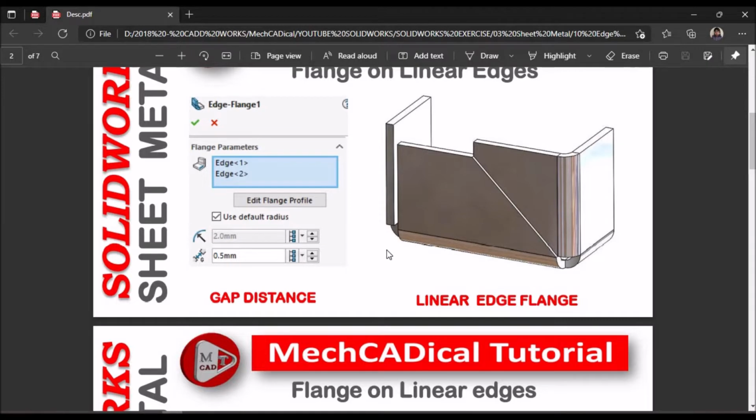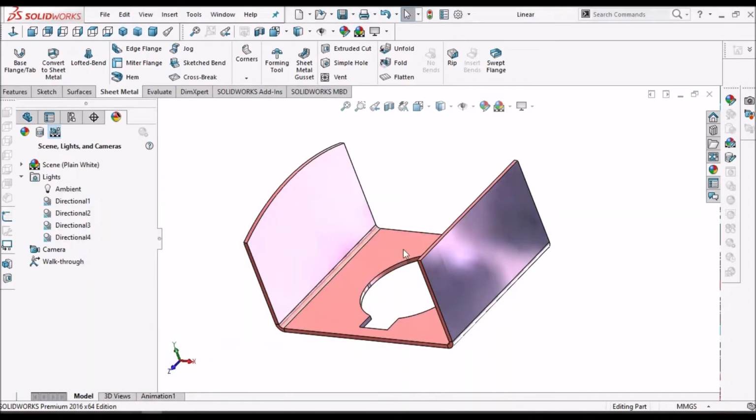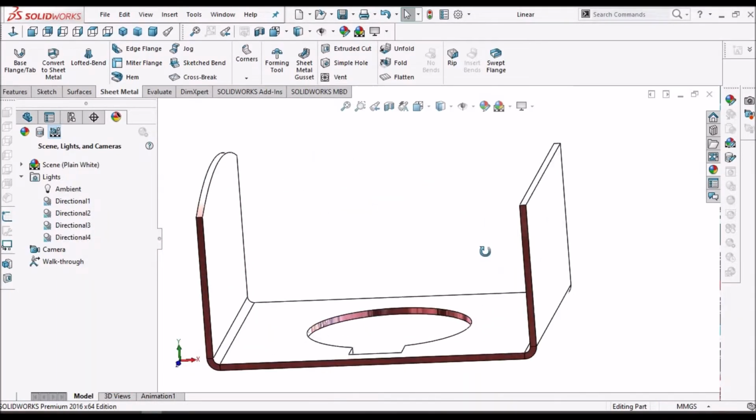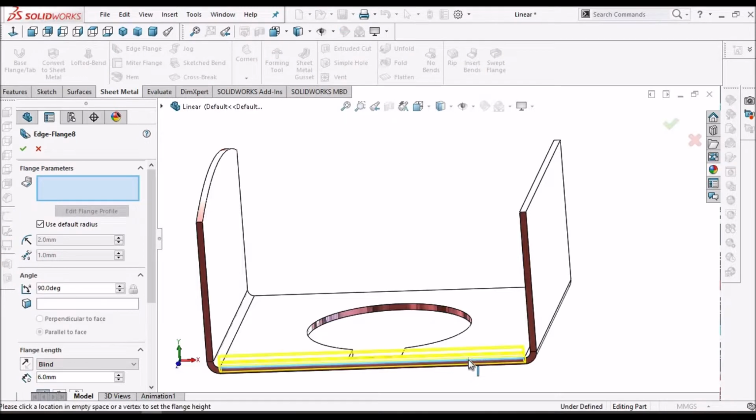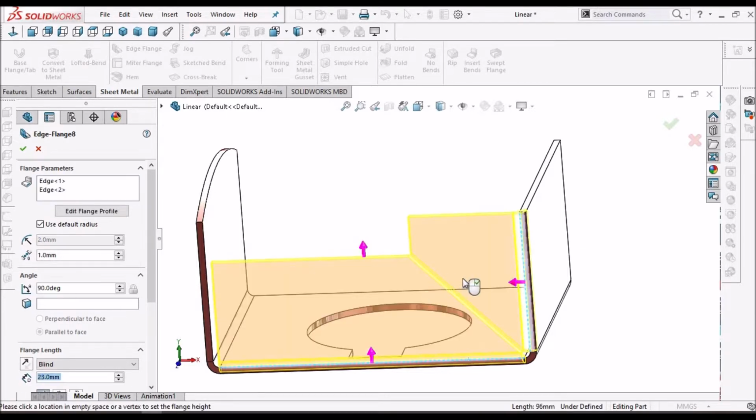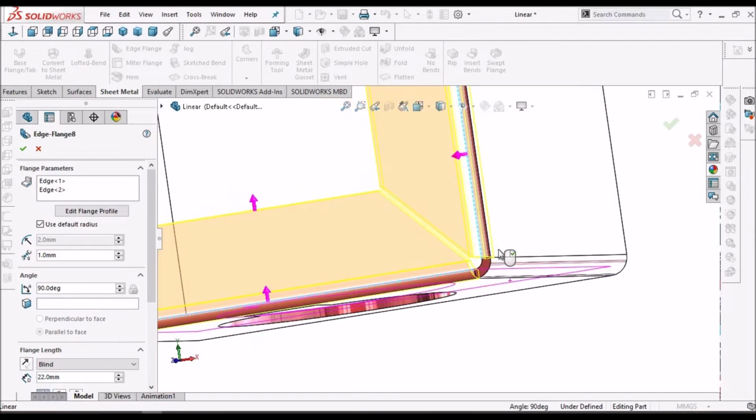Now when we create two flanges, then we can define a gap between these two flanges. So I am going to show you that now. Select the edge flange and select this edge and this edge. See, automatically it is defining its geometry.